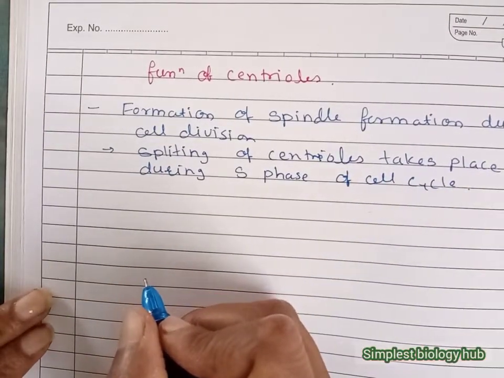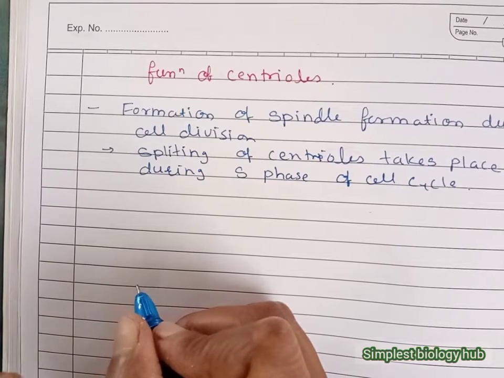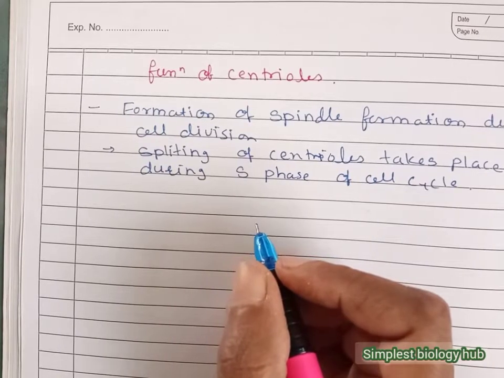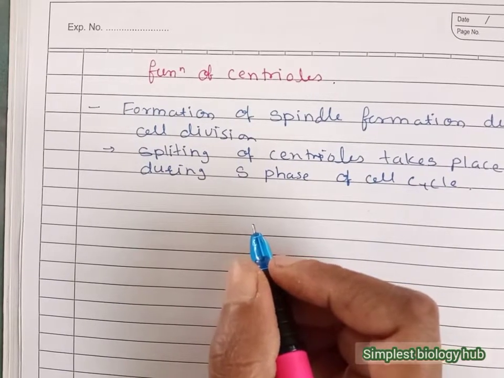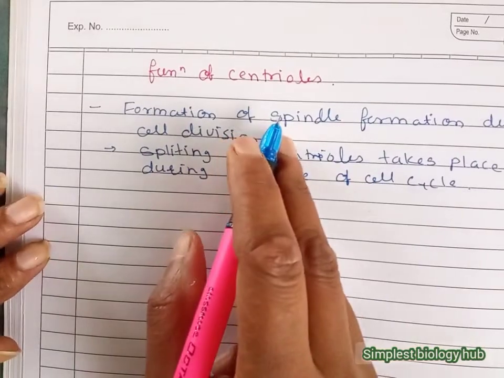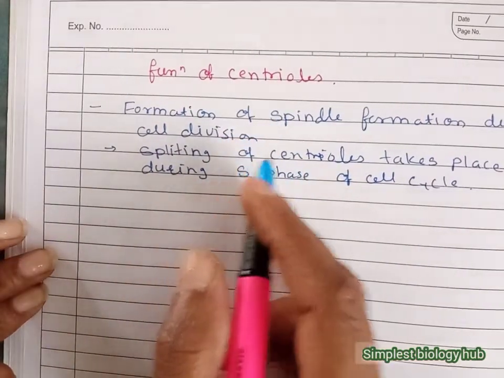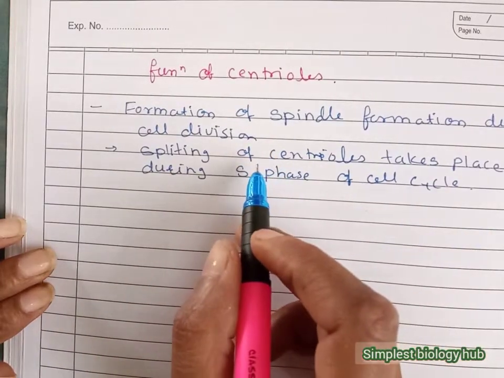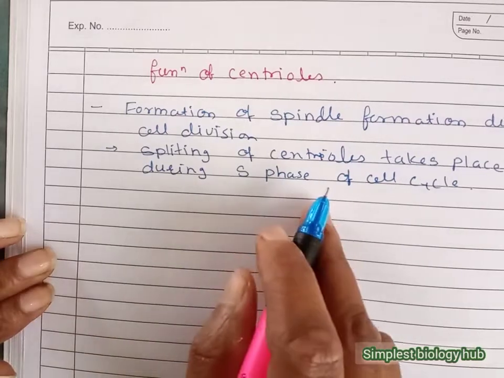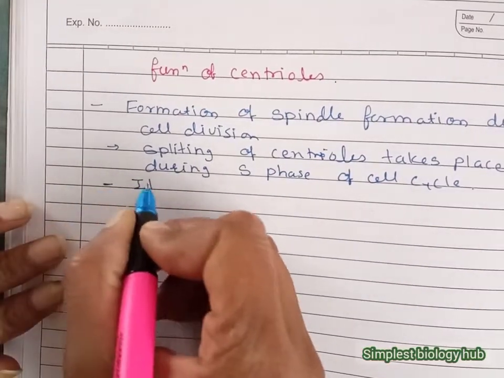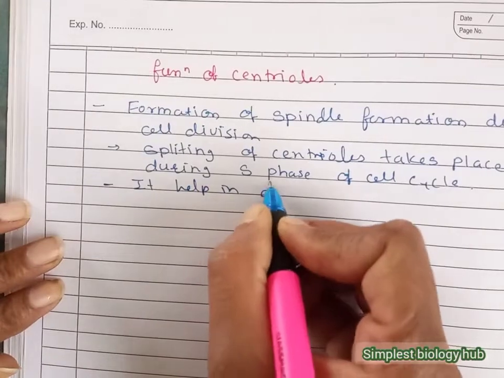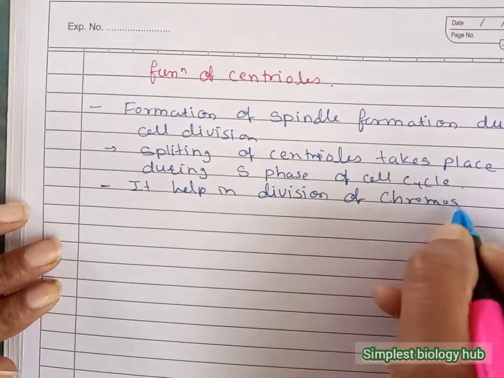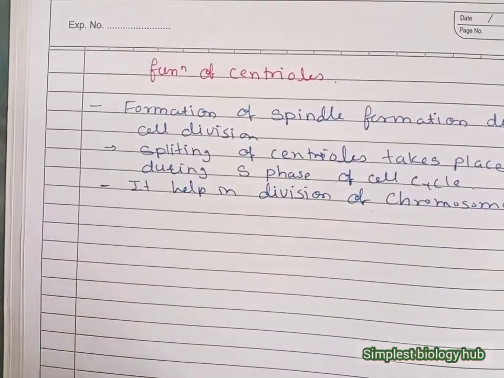And during the cell division process, we already see that there are two poles, and both these poles lie away from each other during the cell division and go to the opposite pole direction, and these are the centrioles, and these help to keep the chromosome parts away from each other, the chromatids away from each other, or division of the chromosomes. So we called it helped in division of chromosomes. This is about the centrioles.